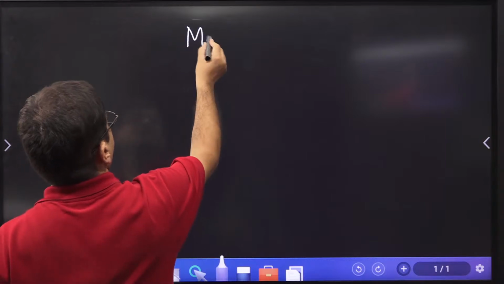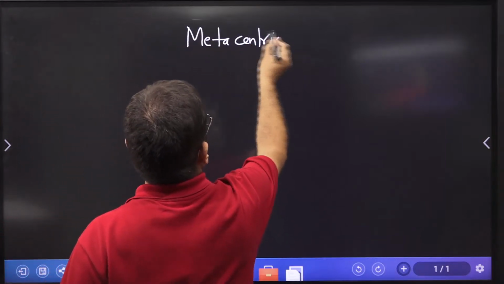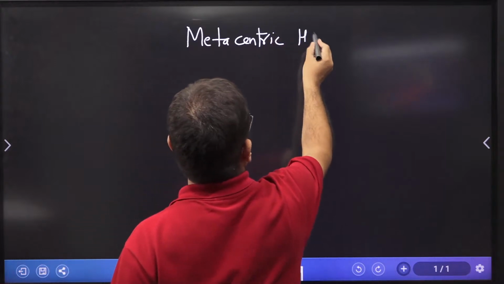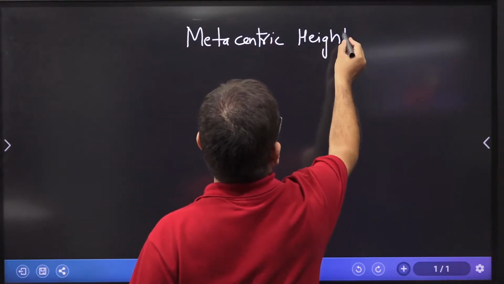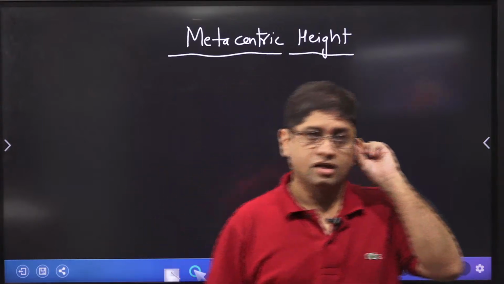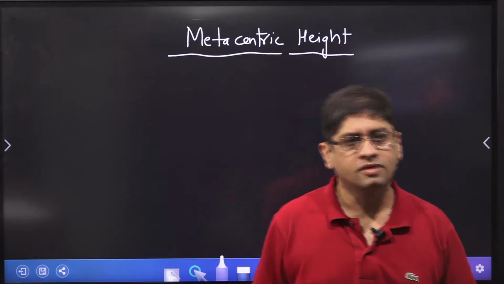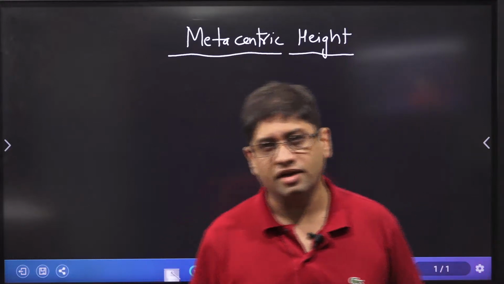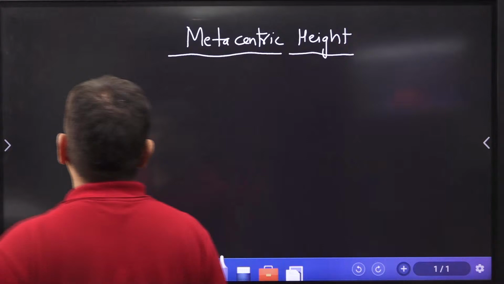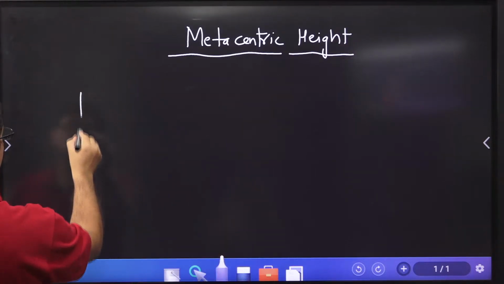related to fluid mechanics, and that is metacentric height. I'm sure you are aware of what metacentric height is, and using that I am going to take some questions. So on metacenter and metacentric height, there can be a numerical question based upon this small concept of metacentric height. A question, an MSQ, can come from metacenter, and from what metacentric height is, from these two concepts it can come. Okay, number one, metacenter is a concept which is related to